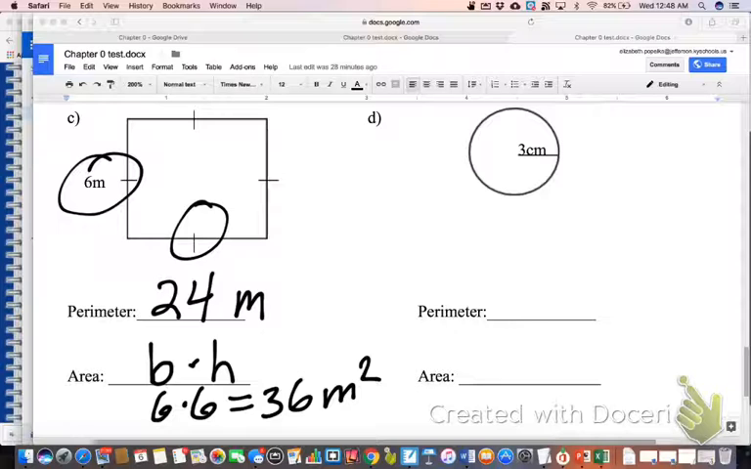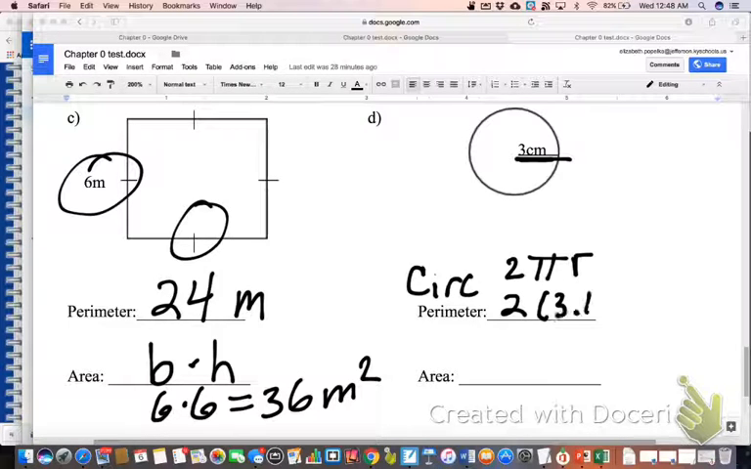And now for the circle, which was probably the hardest one for us. So remember that the formula for the perimeter of a circle is called circumference. And the formula for that is 2 times pi times the radius. So here's my radius. So it means I'm going to do 2. For pi, we use 3.14, and the radius is 3. So if I do 2 times 3.14 times 3, I get